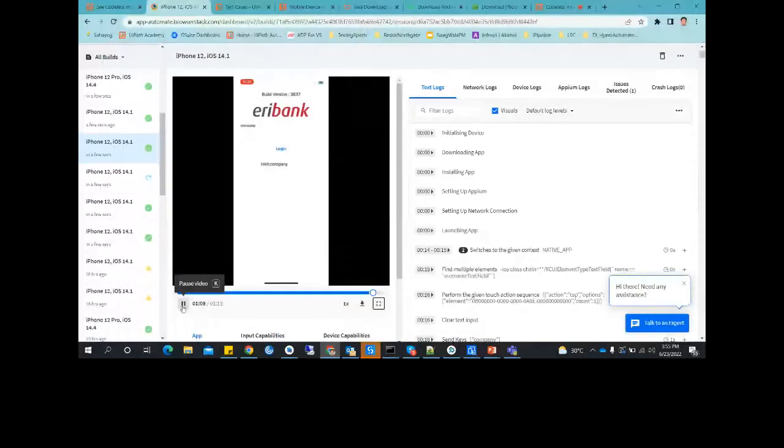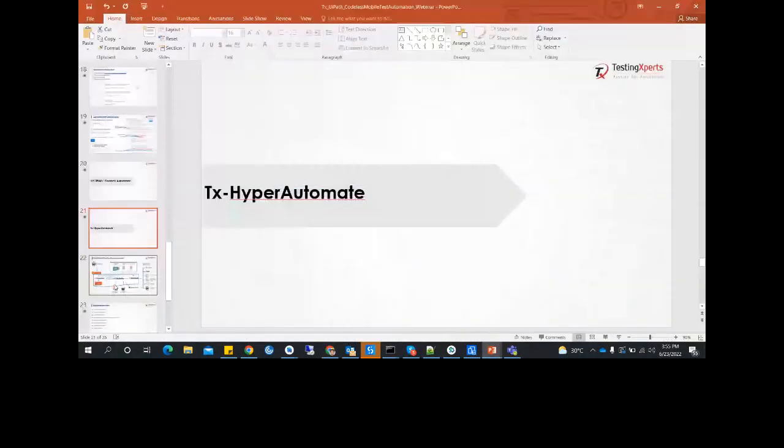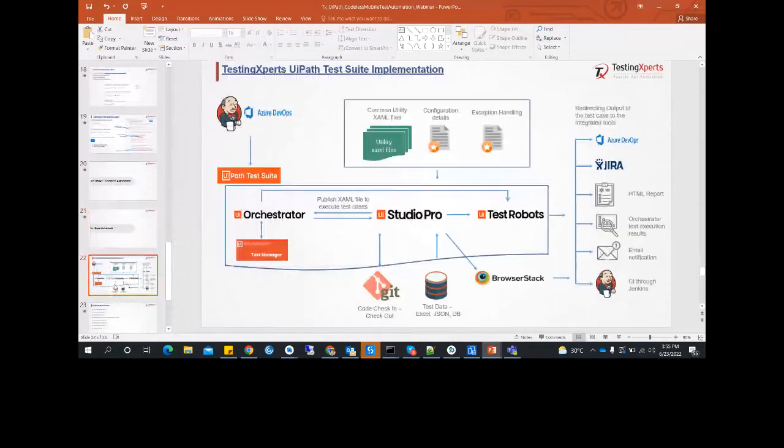And so we are almost near to the end of our codeless automation. This is a hyper automate framework that we normally perform in our TX testing experts organization. Basically, this framework is built on top of UiPath Test Suite, where we create our scripts in Studio Pro and publish to the orchestrator and execute it with the help of test robots. On top of that,